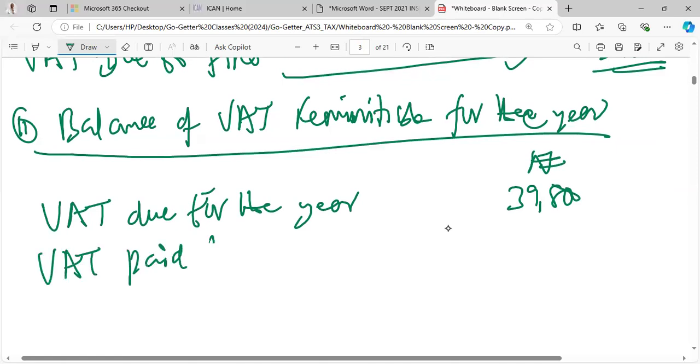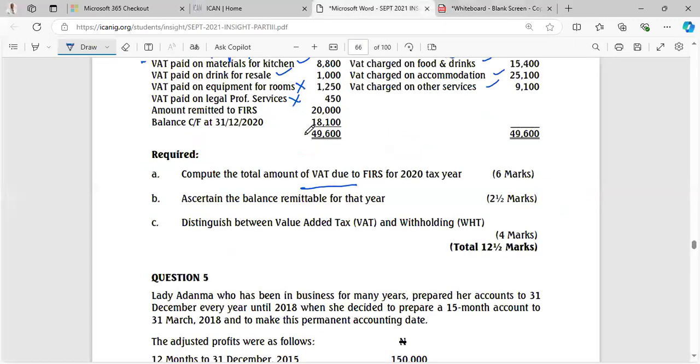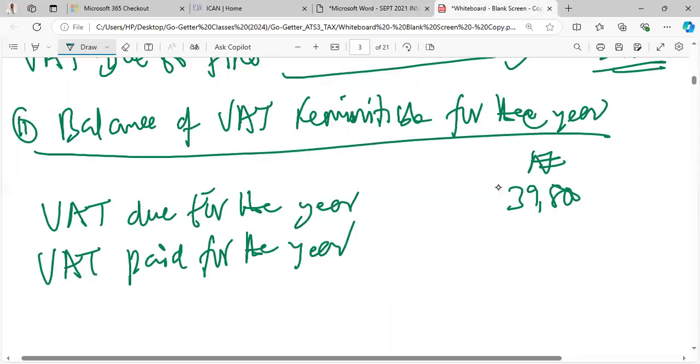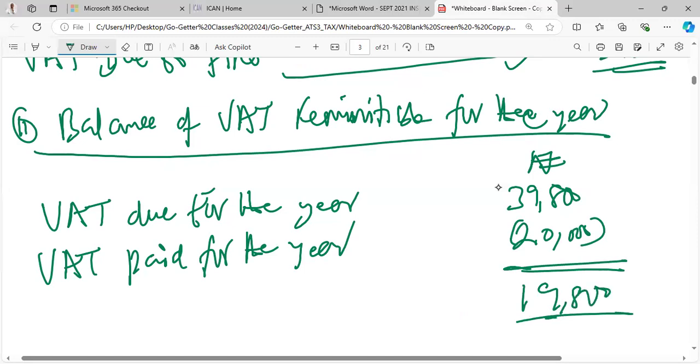VAT paid for the year, we are told, is 20,000. 20,000 is paid. So what is remaining as a balance is 19,800. So the balance remittable is